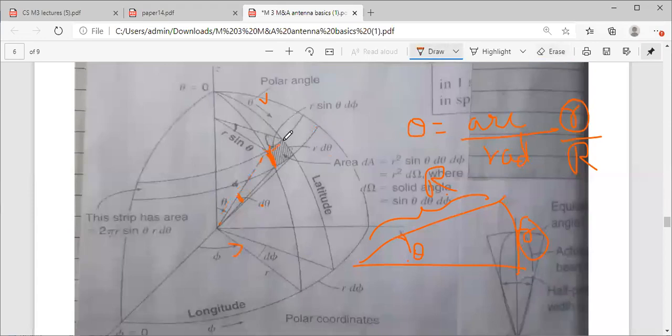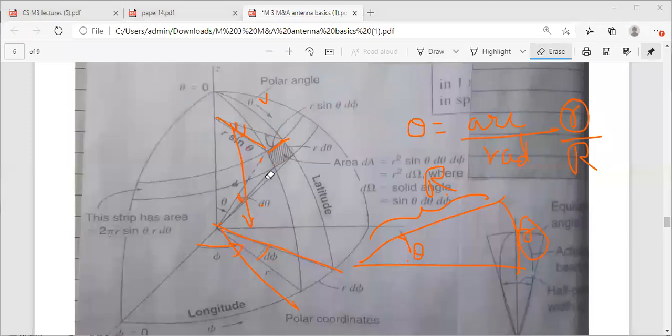Now talking about one more line, you can see there is a line here. To see its structure, take a projection from here. There will be a triangle, and this is the opposite side. So this becomes r sin theta, because this is r and I'm taking this projection. Then take its projection down, and this is your d phi. So the angle is d phi. Overall this length is r sin theta into d phi. So I have given you that information.